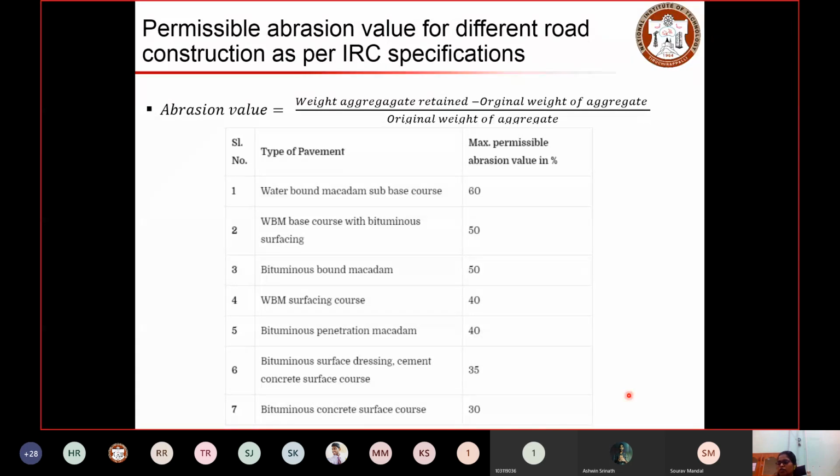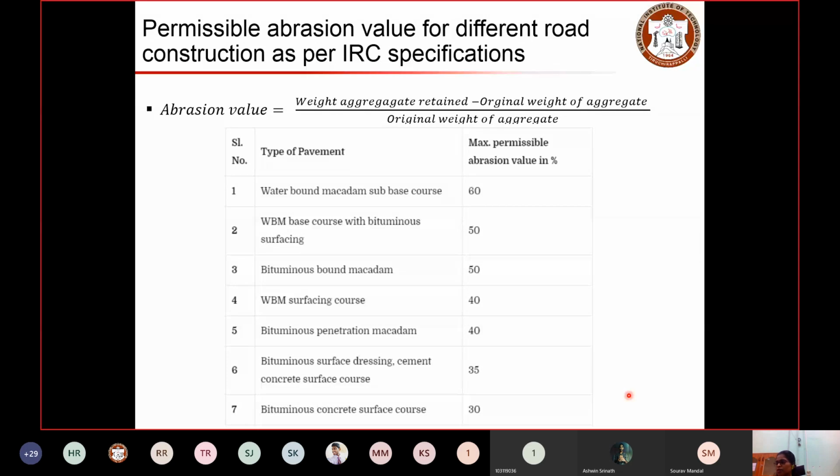So here, this is how we obtain the abrasion value. It is the weight of aggregate retained on the sieve of the given size, that could be 1 or 2 mm, with respect to the original weight of aggregate. So from the difference between the two, we get the abrasion value, right? And based on IRC specifications, the maximum permissible abrasion values are given in terms of percentage for different